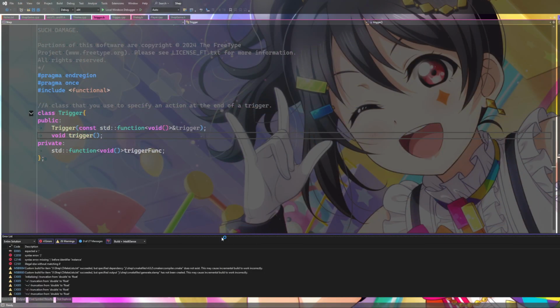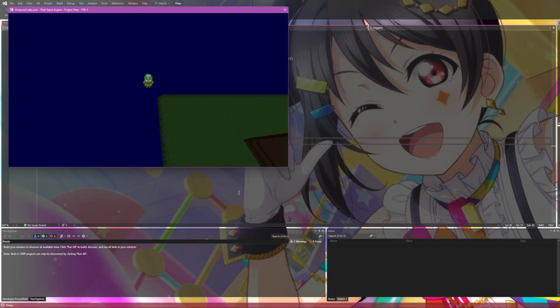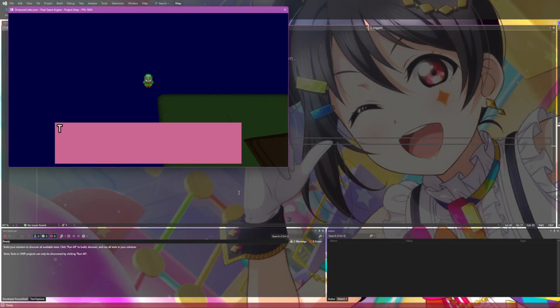So if we have a long message and I just want to skip right to the end of it, we should be able to do that. There needs to be an if statement here. It's not working.